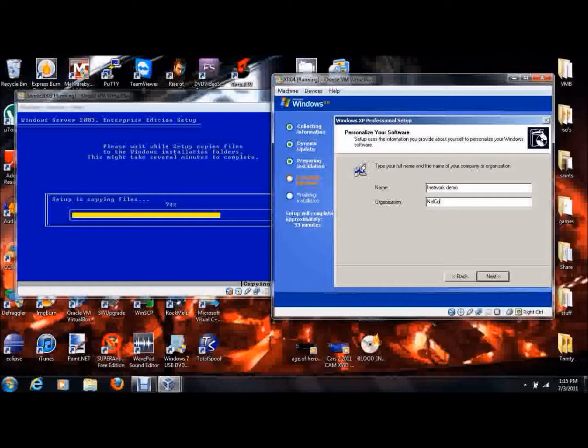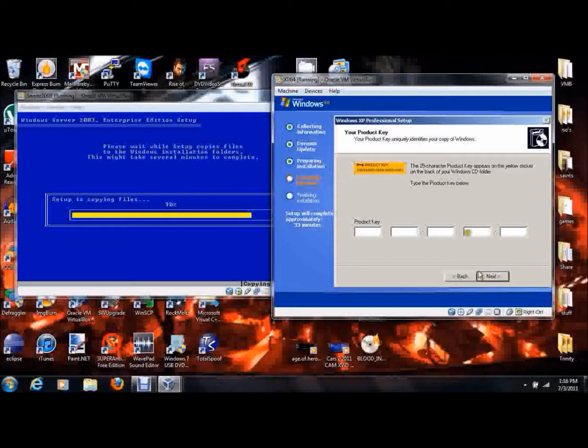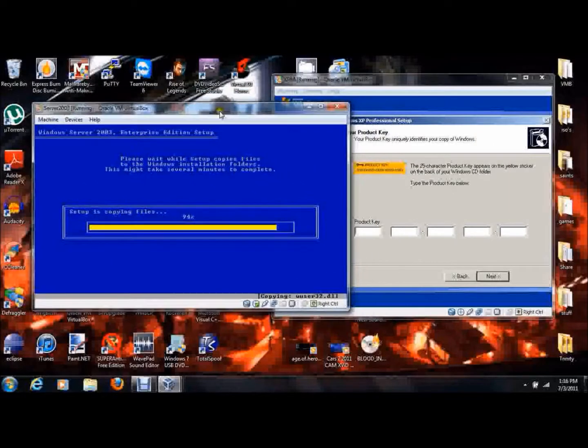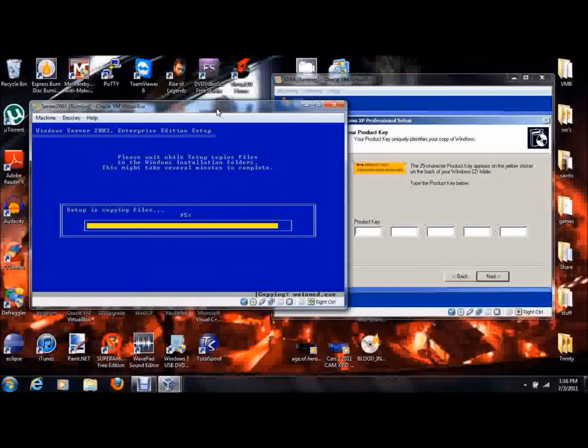So we're going to put the organization as Melcoy Computers, and we're probably going to use my own company's name and stuff pretty much all through from here on out. But this is just a network demo, so we'll click next. It's going to ask me for a product key. We're going to let server catch up, and then I'm going to stop the recorder again and put the product keys in, and then we'll